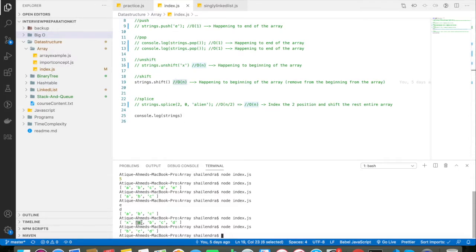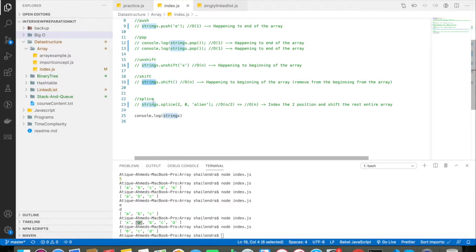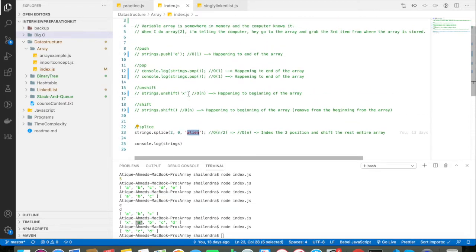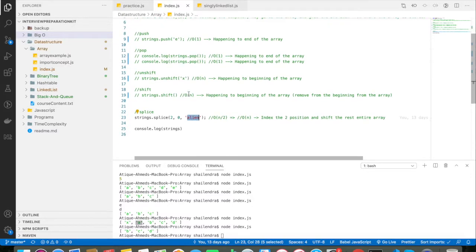Alright, let's go and discuss the array splice method. Let me comment this line. With the array splice method, if I want to insert a certain element into the array at a certain location, I can make use of array splice.